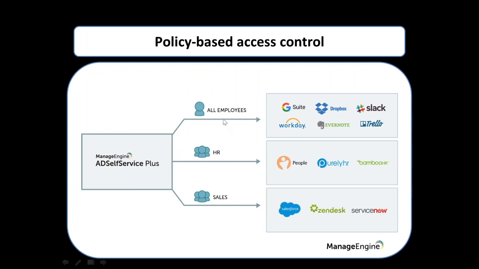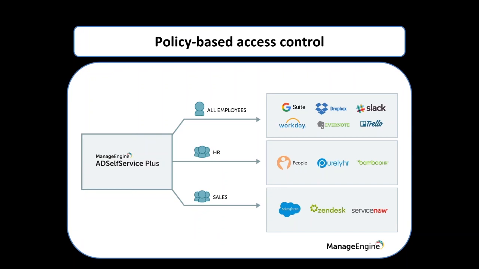So we saw an example of how all the employees had access to G Suite, whereas employees belonging to HR had access to G Suite, Dropbox, and Office 365. And in our case, employees belonging to finance had access to G Suite only. And also users belonging to admin had access to G Suite and Office 365 only. So thereby you can play around with policy-based access control and permit access to applications only to users who make